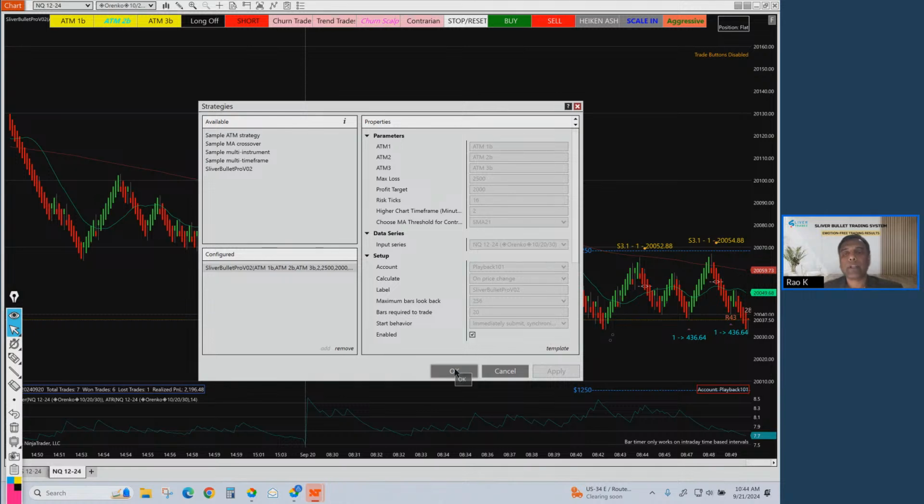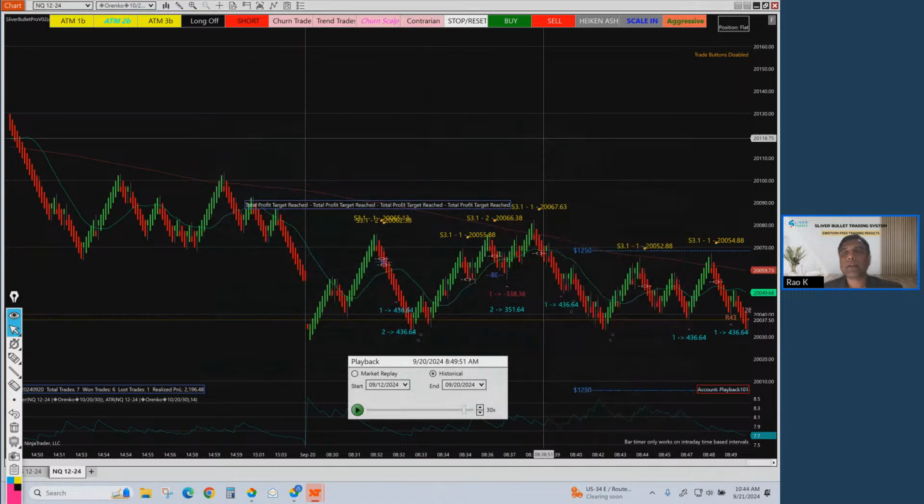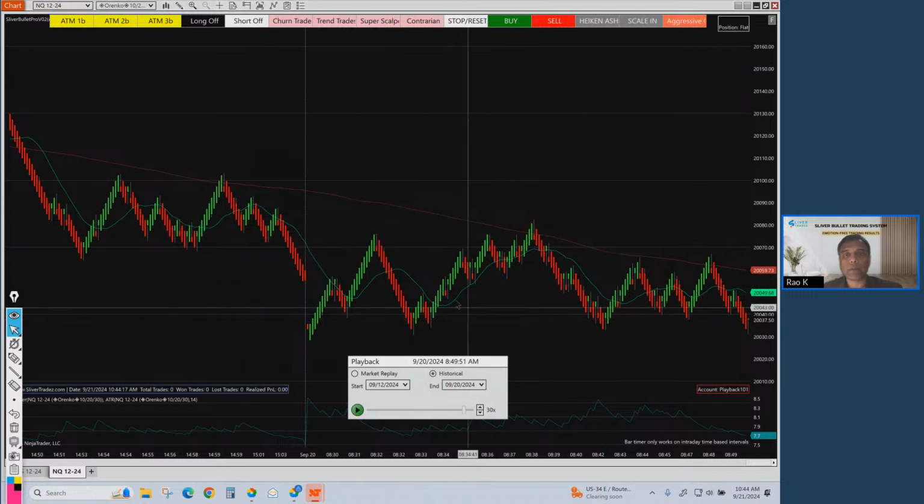Enable the software and reloading the software, because the bot stopped after reaching $2,000 in profit. So I want to reload the software. It's reloaded. Now these are the different ATM settings, which you can understand as the loss and profit target parameters, and the number of contracts. So ATM 1 trades with 1 contract, 2 with 2 contracts, 3 with 3 contracts. I usually like to use 2 contracts.